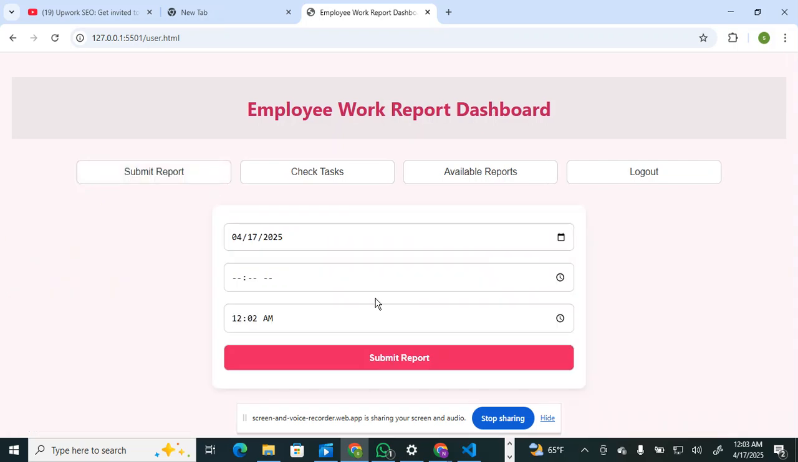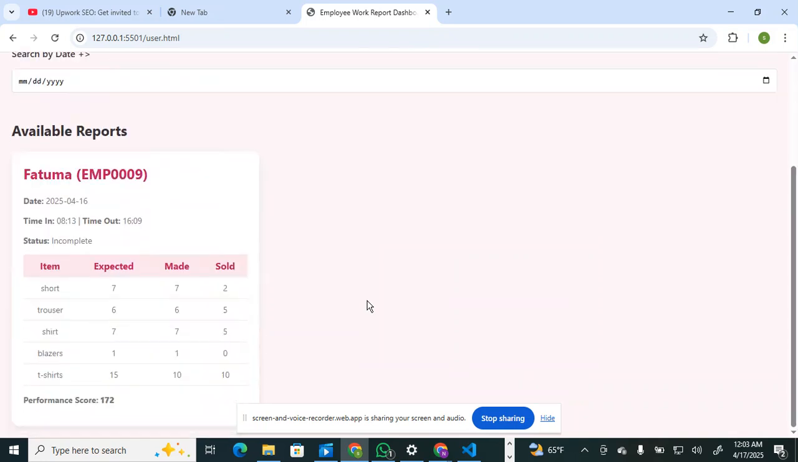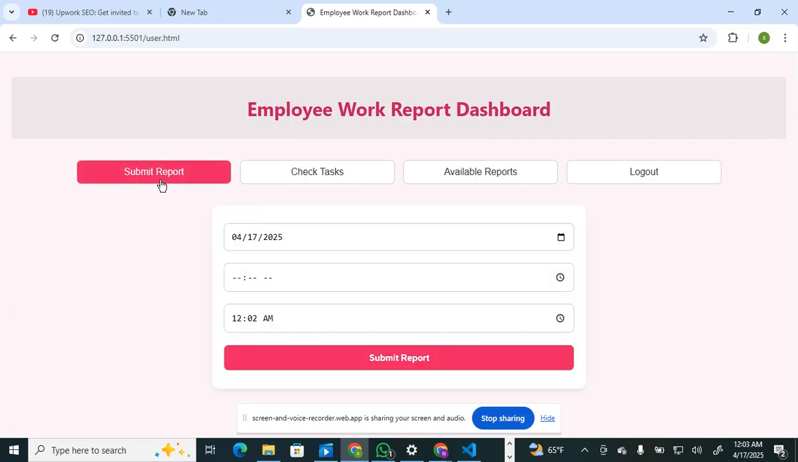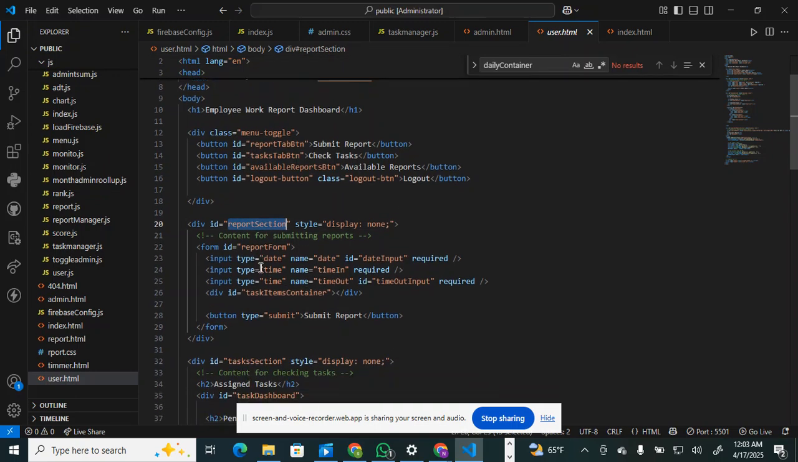Disregarded. Available reports. Now that is the reports. I'm sure we have seen this. It is no difference. So we have the submit report. So the same case, we come here. There are sections. When you click submit report, the report button, it will show this report section, and it will